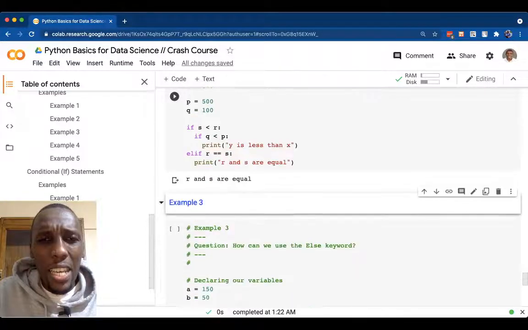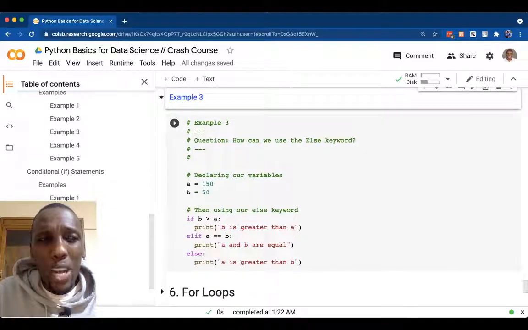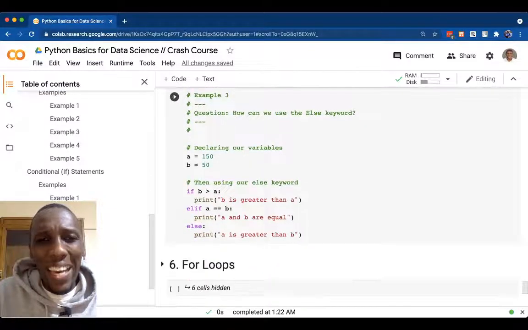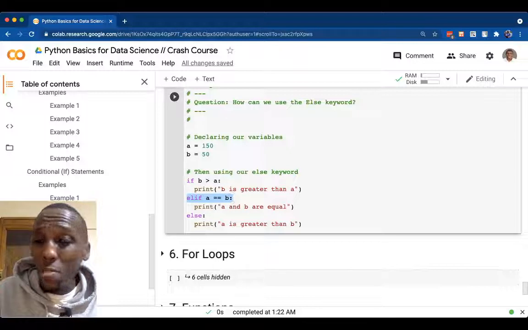And in our third example, we could also have another condition where, if the second statement also does not evaluate to true, then whatever else